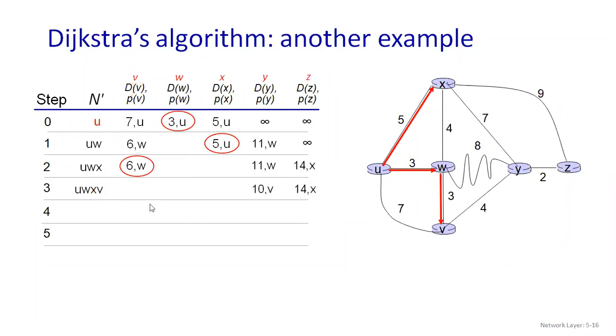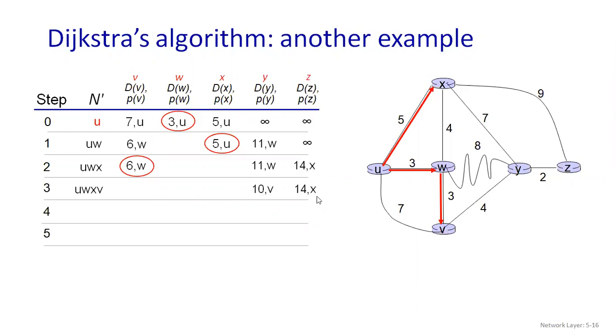Next I'm going to find out. As I have attached V, W and X, I no need to write over here. Directly I need to find out from V to Y, I have given the connectivity also. From V to Y, how much will it be? This side 3 plus 3 is 6, plus 4, 10. So I have to write 10 here, and previously it was 11. So now I got the lesser value. I need to write this, and my previous node will be V.